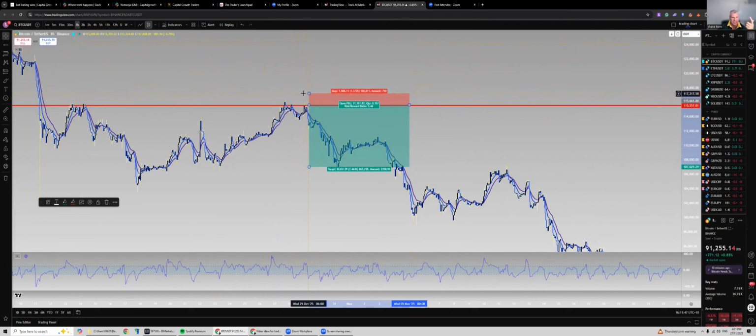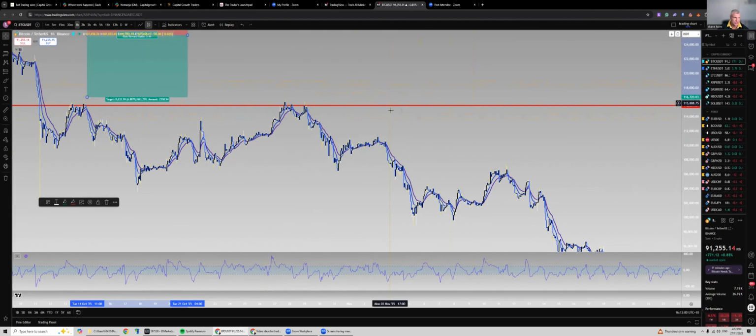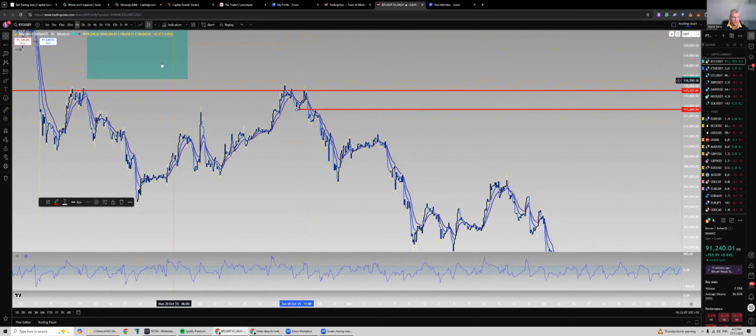I'm usually putting it above the market structure. I usually use the ATR, so I'm using a volatility indicator to measure where my stop loss goes, and then from there, I work out my risk to reward. Okay, so that's one. If we're looking for shorts again, the break of structure here, and then we could have shorted this down